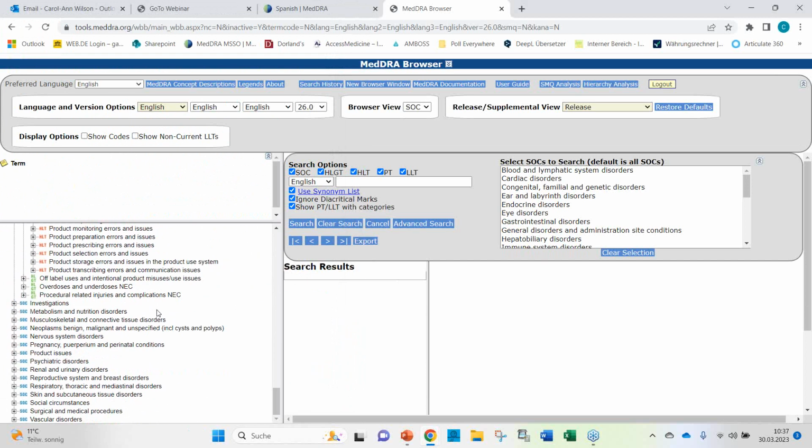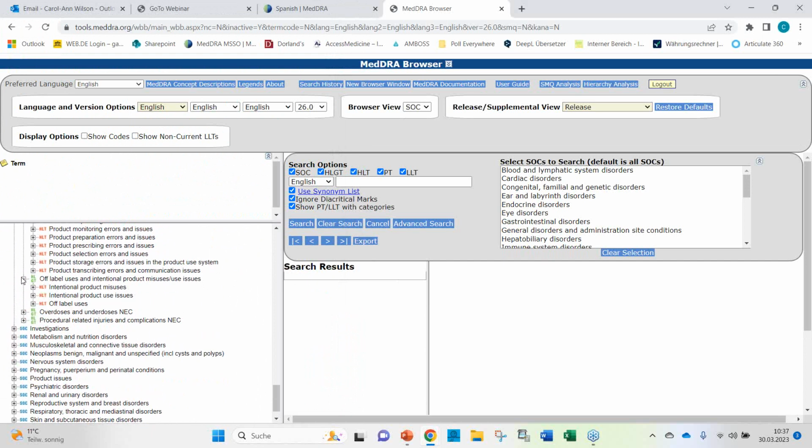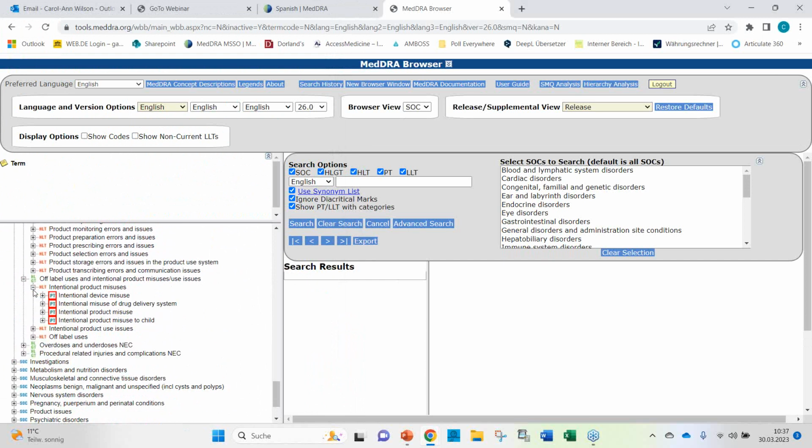So these were the medication errors and use issues. Of course, we have separate HLGTs for the off-label uses and intentional product misuses, use issues. Here we have the intentional product misuses. So conscious decision by patient or consumer for therapeutic purposes, here it is.